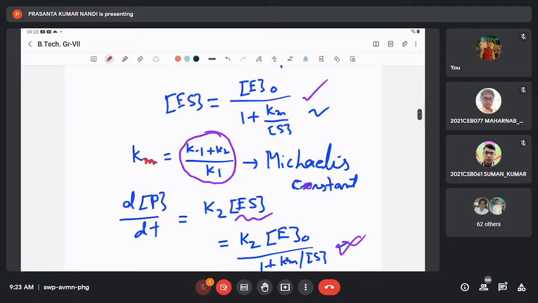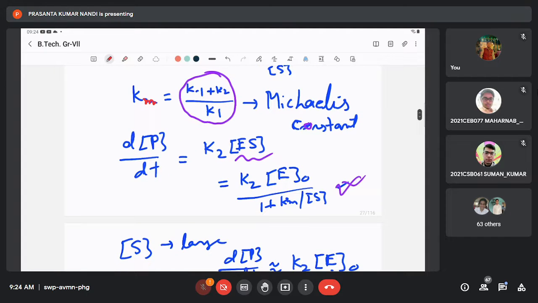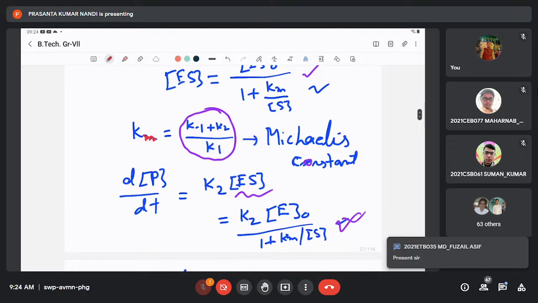And this E_S we just replace with the expression we just obtained from the steady state approximation. We put the expression of E_S here and we get an explicit expression of the differential rate equation, like this. Now we can approximate this expression. That means we can simplify these expressions to have more physical insight regarding the kinetics of